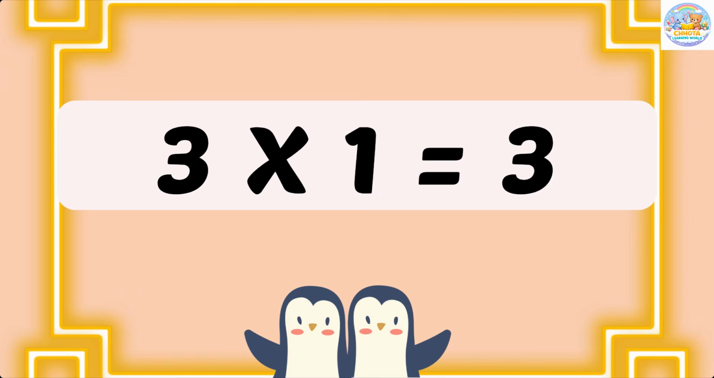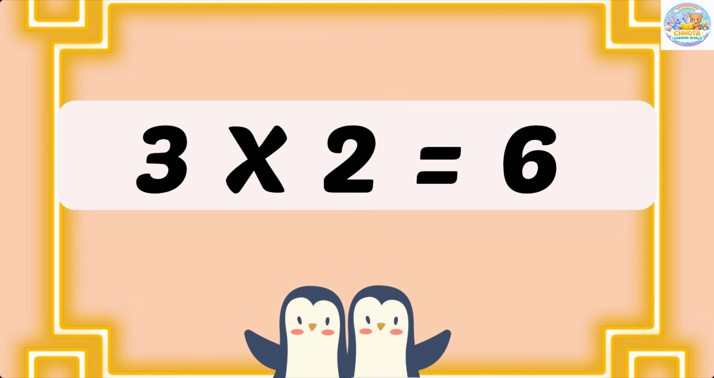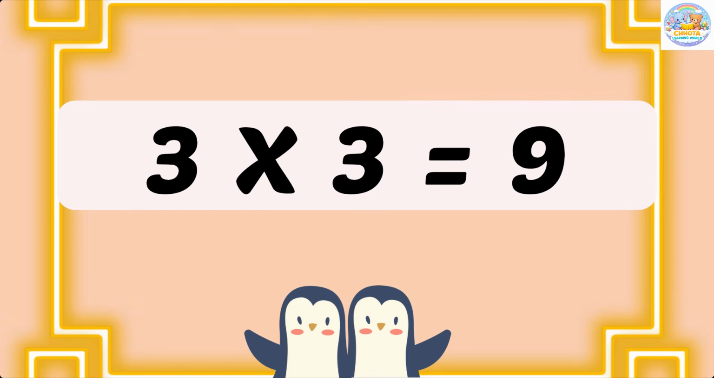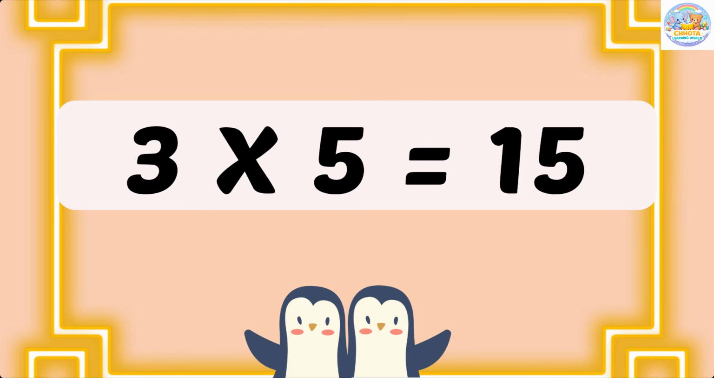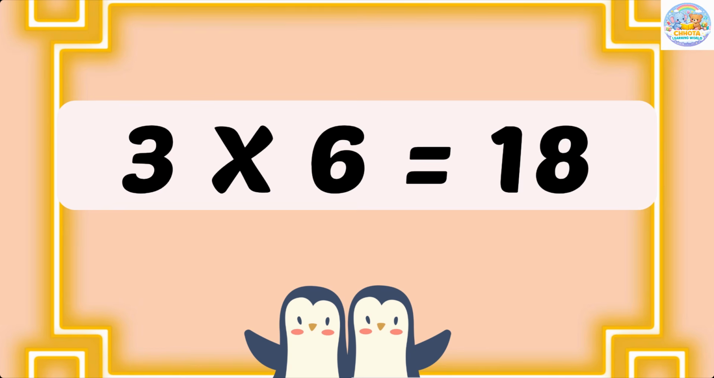3. 3 ones are 3, 3 twos are 6, 3 threes are 9, 3 fours are 12, 3 fives are 15, 3 sixes are